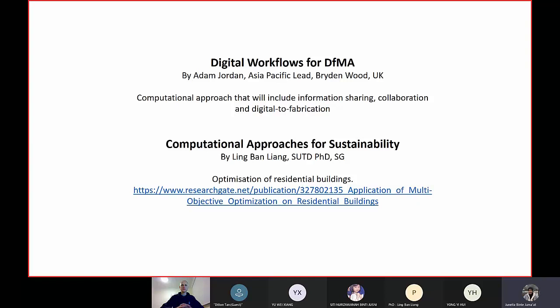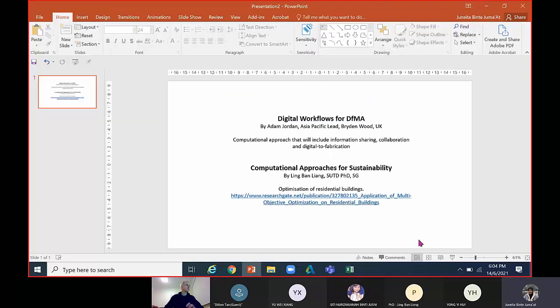After that, we will also have Ling Ban Liang from SUTD, who's a research fellow based in Singapore doing computational approaches for sustainability. He will share with us on optimization of residential buildings. Right, so